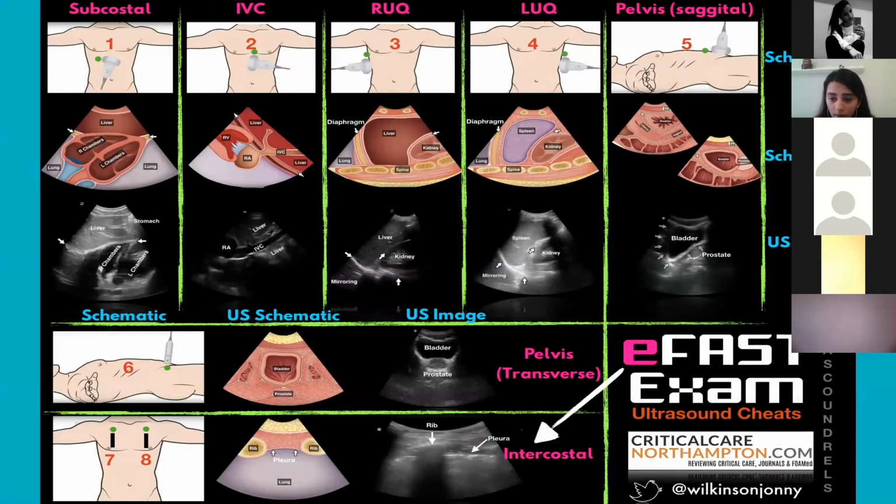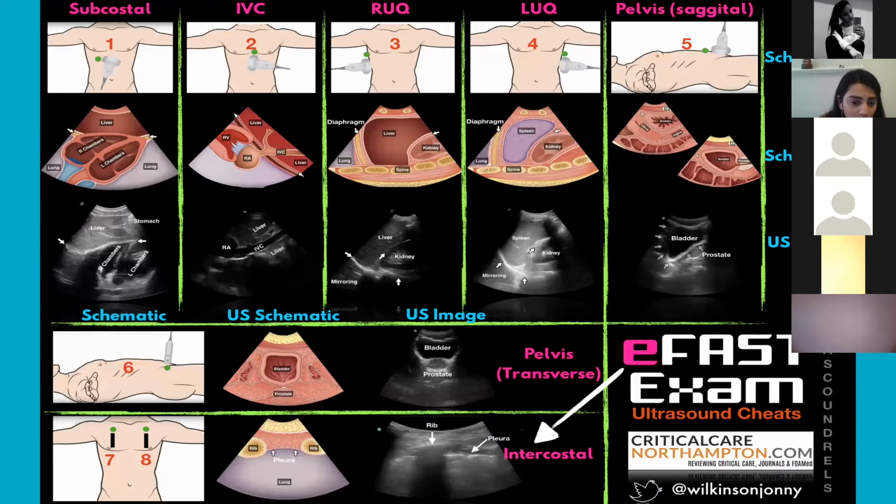Okay, so this is just some brief imaging to show you what an EFAST looks like. Hopefully you'll get some hands-on training with this in the future because it really is the standard of care for emergency physicians to use ultrasound. The first view I always look at is the right upper quadrant. There you're assessing Morrison's pouch, which is the hepatorenal space in the right upper quadrant, and you're looking for any free fluid, which would look like